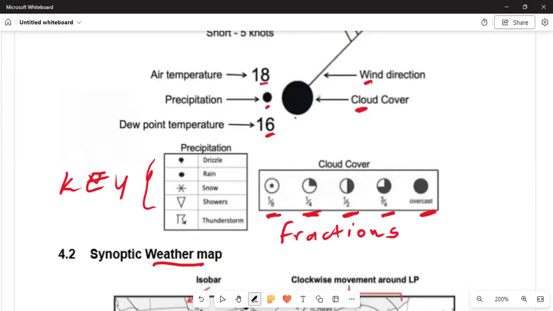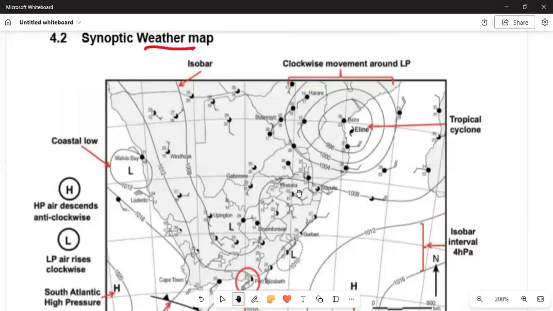So once the cover refers to the cloud, then we've got number one here, these isobars. We've got the isobar, where you see that we've got the Elin, which is the tropical cyclone. How many tropical cyclones have occurred there? Is it A, B, C, D? Can you see it in particular?